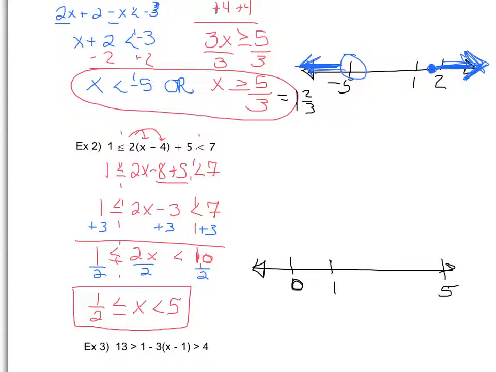So 1/2 is going to be a closed circle in the middle of 0 and 1. I'm going to shade, because I read the variable first, x is greater than or equal to 1/2, so I'm going to shade to the right. And x is less than 5, reading the variable first, so an open circle at 5, and I shade to